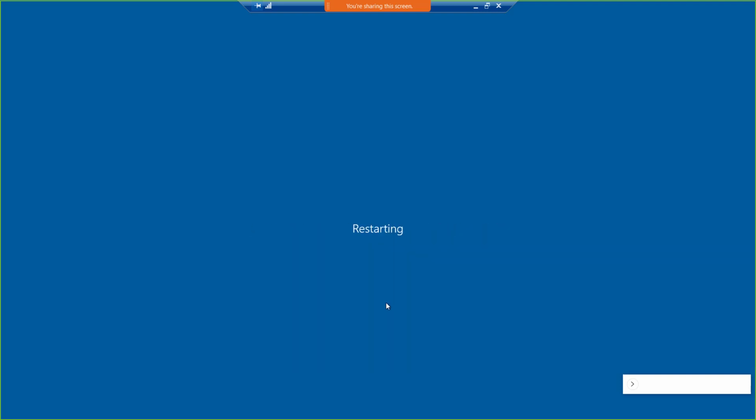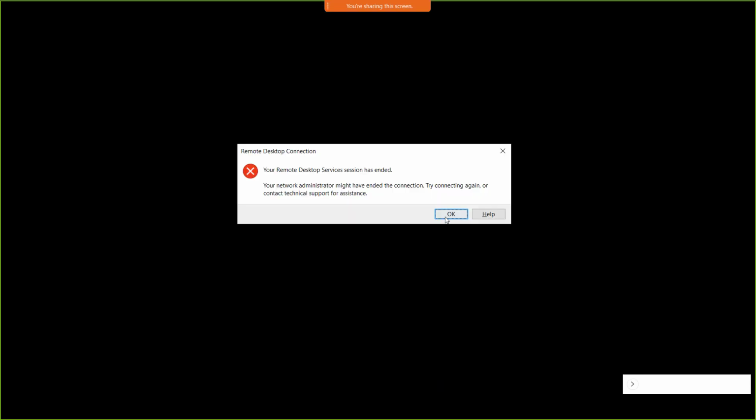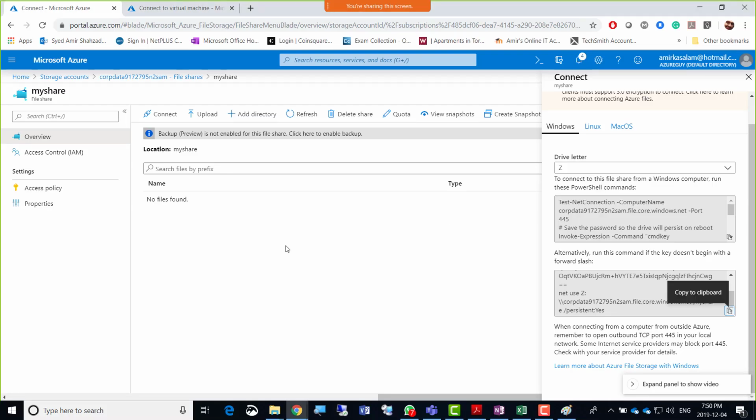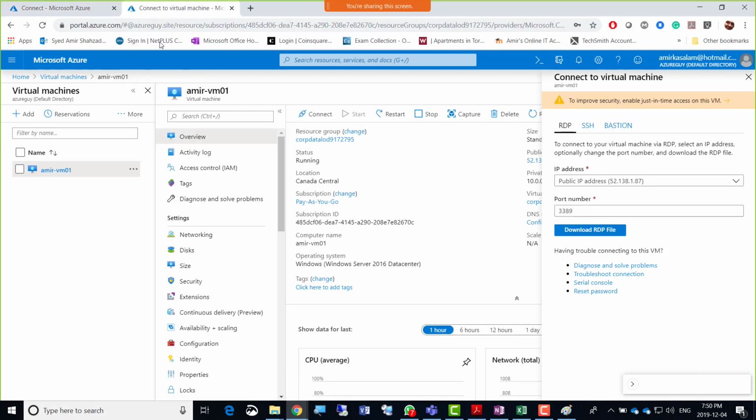We're going to disconnect, obviously. Disconnected, and then we go back to the virtual machine here and download RDP. I'm just giving some time for it to restart.